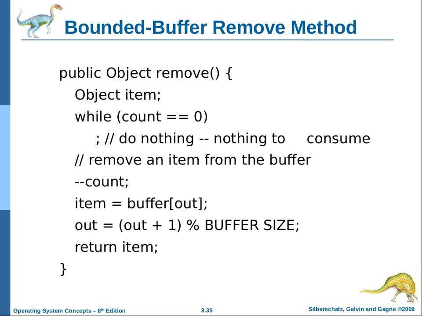They would both grab it, so the counter would be increased twice. What if you had two consumers, count was 0, and they were both spinning in this while loop? The producer finally produces something, and they're both going to decrement count, both grab the same item, both increment out by 1, so 2 in total, and then they're both going to work on the same item. Do we want that? We need to lock the buffer. That's right, you've got to lock it.